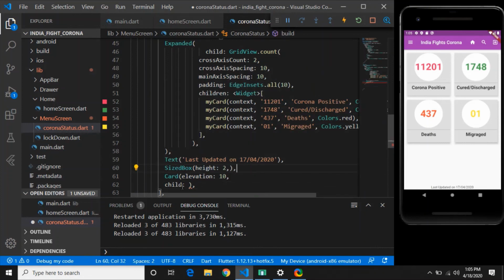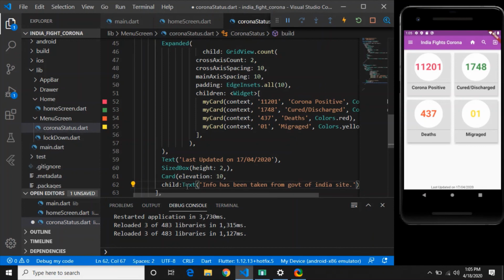And we will add text, and this text will be info has been taken from Government of India site. So if I save this, you will see the effect. Yeah, it has been added, but our card and our text will be differentiated.